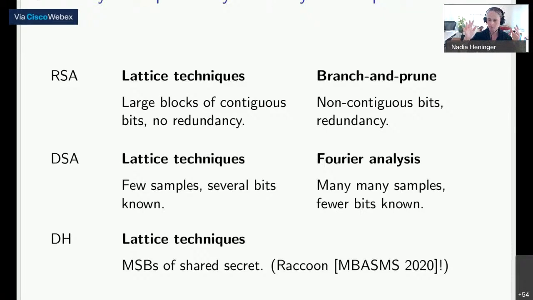you can compute the expected length of the vector, and then you can basically compute, as you vary the number of samples, what the length of the radius is that you would have to search through in the lattice, and the amount of work required to search through the lattice in that dimension. And so that would give you, for a given problem instance, the trade-off between the number of samples that you need and the running time to do this. So it's based off of just computing the expected length of the vector with errors, and then the amount of work to search through the radius in the lattice with those